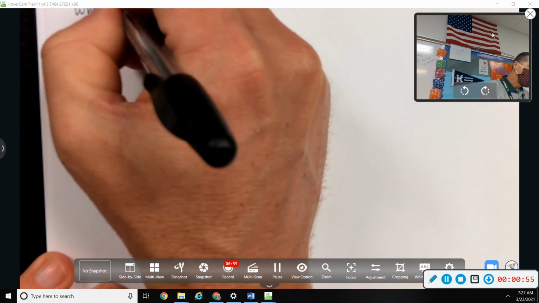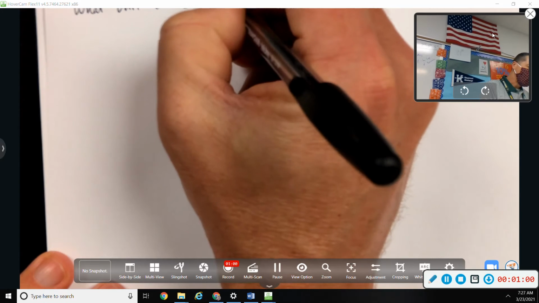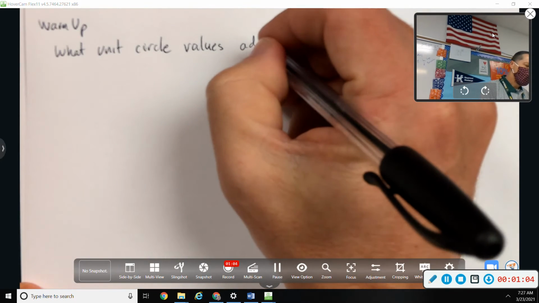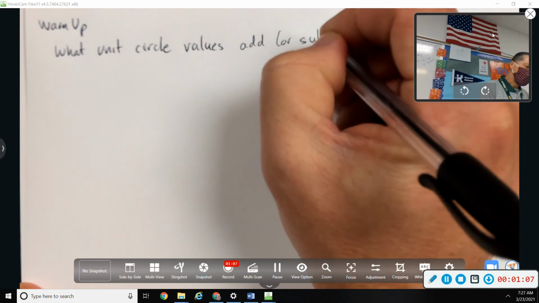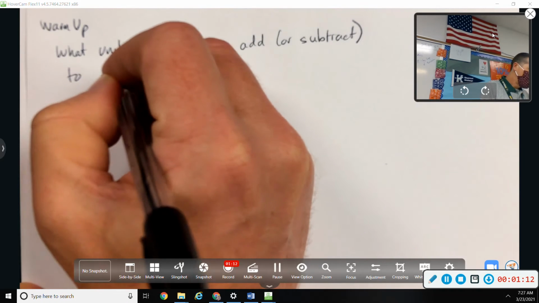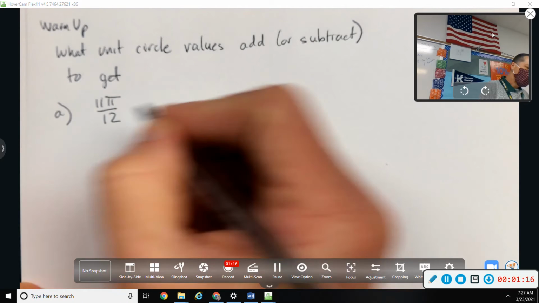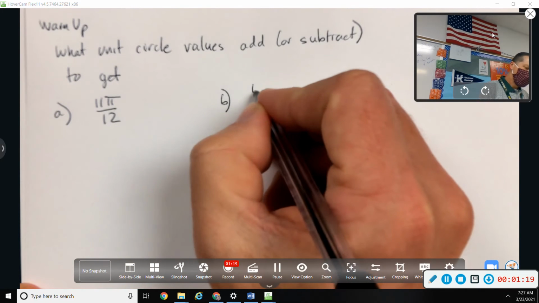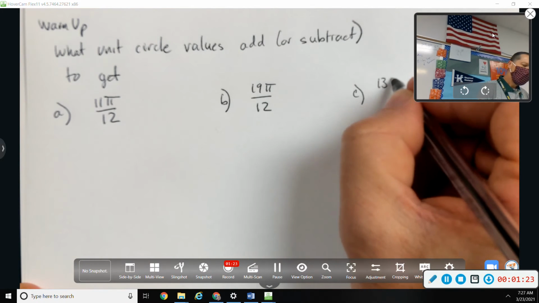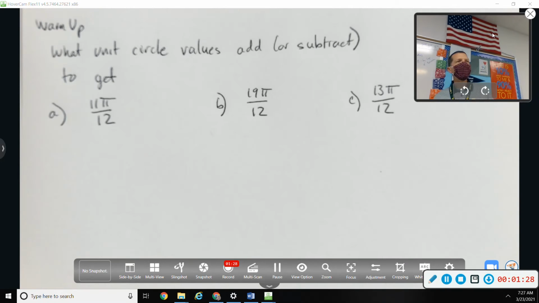The question is, what unit circle values add or subtract, you can do it either way, to get 11 pi over 12, 19 pi over 12, 13 pi over 12. So it's related to what we did yesterday, but instead of doing the sine and cosine